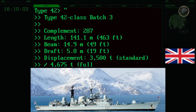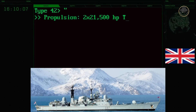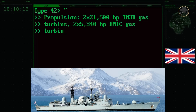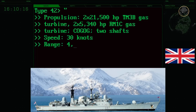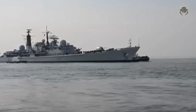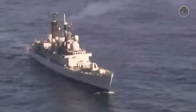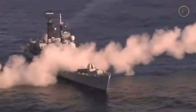This variant had different models of the same gas turbines used in Batch 1 and Batch 2 ships. The destroyer could reach a top speed of 30 knots. Complement, draft, standard displacement, and range were identical to the previous batches. Later, HMS Manchester, HMS York, and HMS Edinburgh of this batch were fitted with an angular 114mm gun turret with